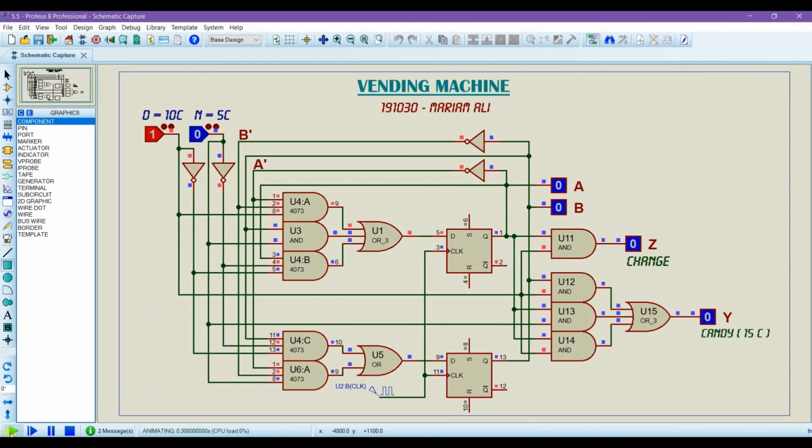Let me run. So this is running, or I'm going to pause it here like this. Now a 10 cent is provided, and the system is implementing this in this AND gate, OR gate and further. At A is 1, at B is 0. In this we can see that the state is like this. I am providing a 10 cent here, and at AB a 10 cent is already provided.